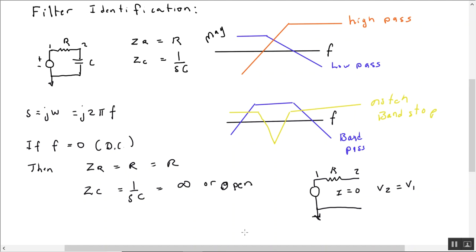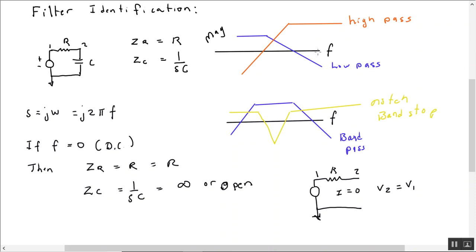Alright, so this is a quick video on a super quick and easy way to tell how a circuit is going to behave as a filter, right? And a filter basically lets some frequencies pass and blocks others. The two kinds that we're mostly familiar with are a low pass, and over here we can just see this